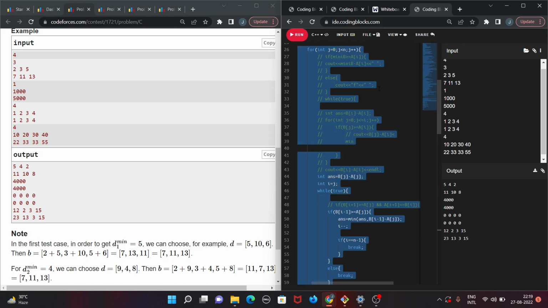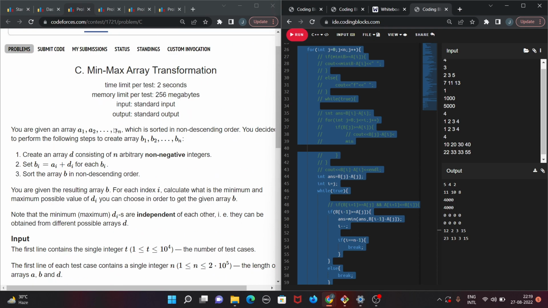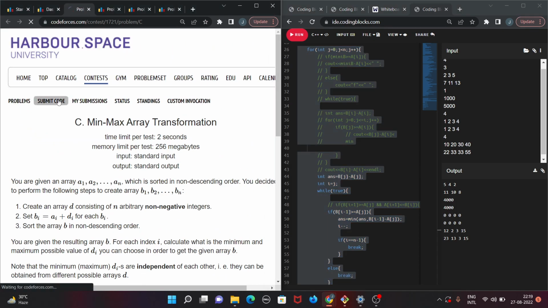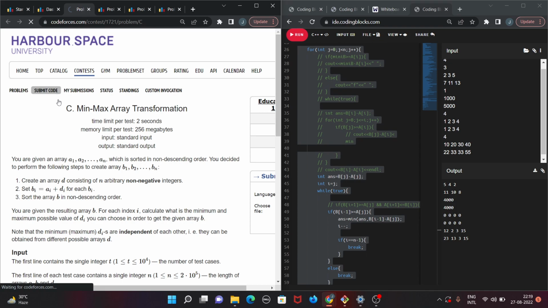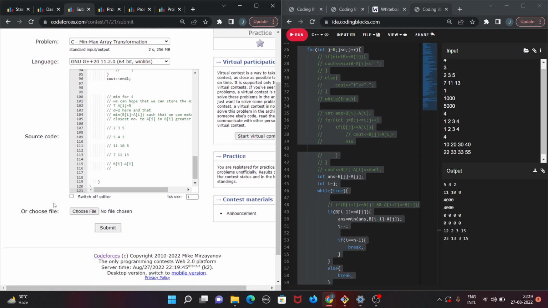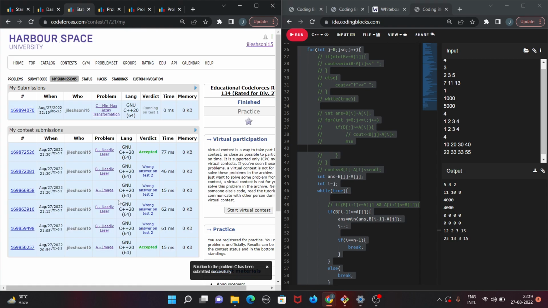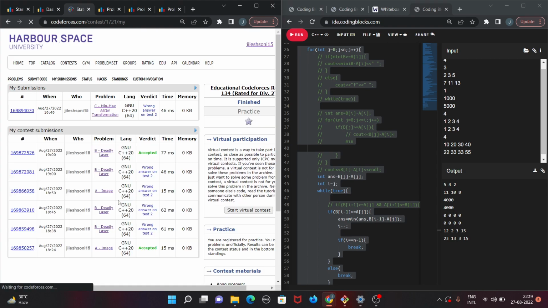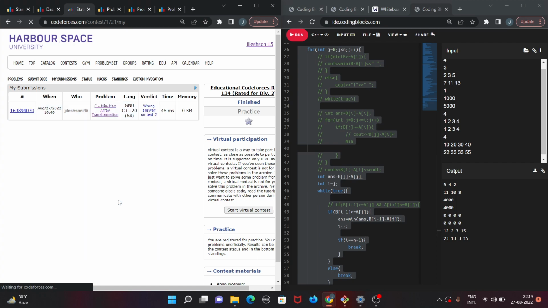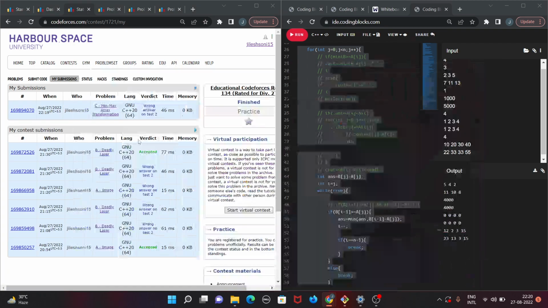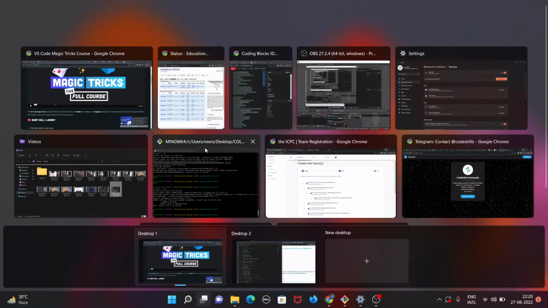Now the only problem is time complexity. Fuck this. I could just debug, but I'm not